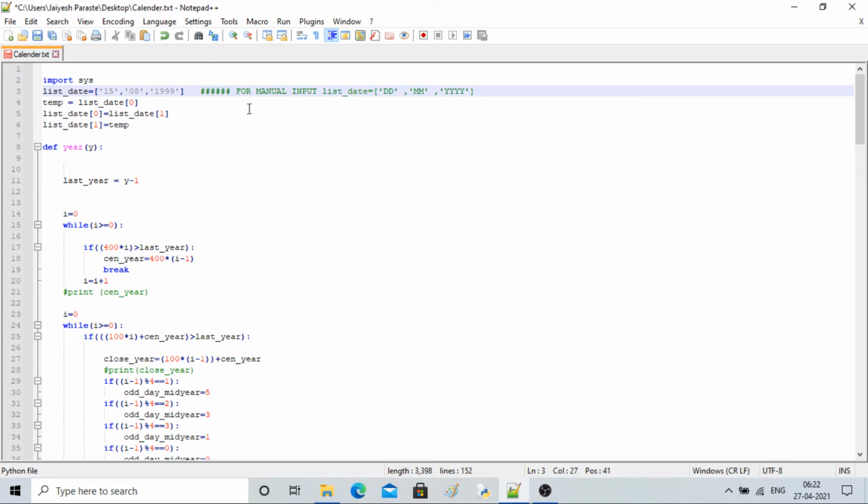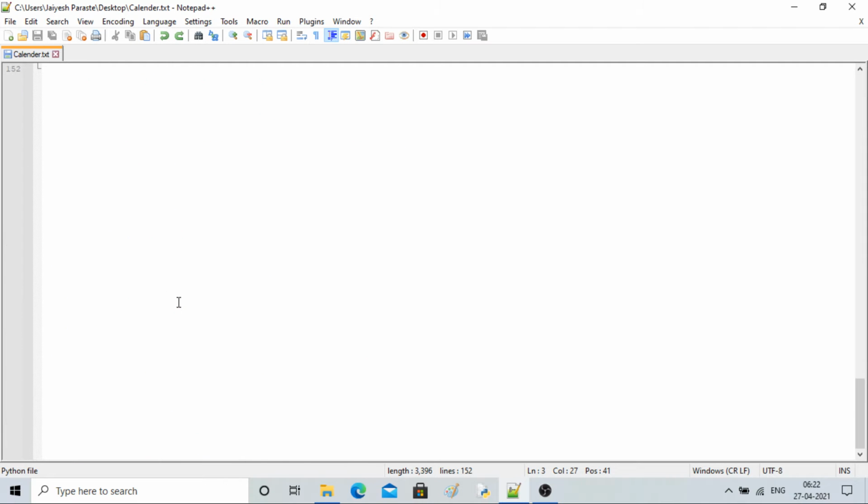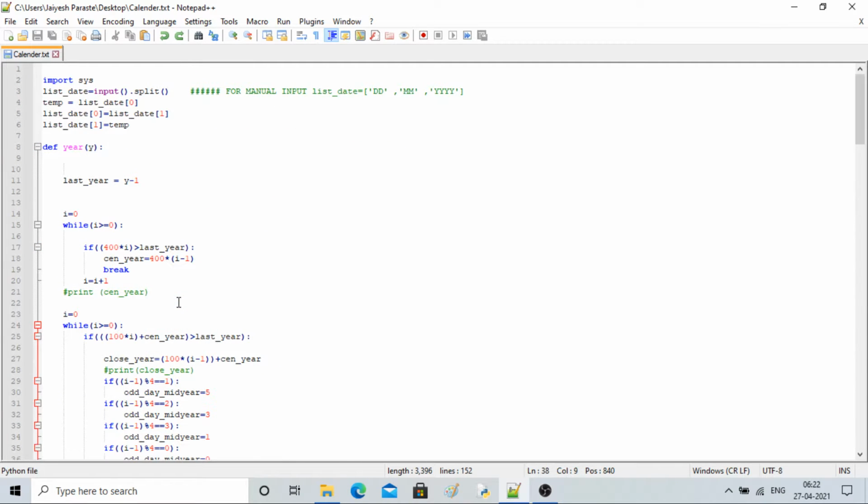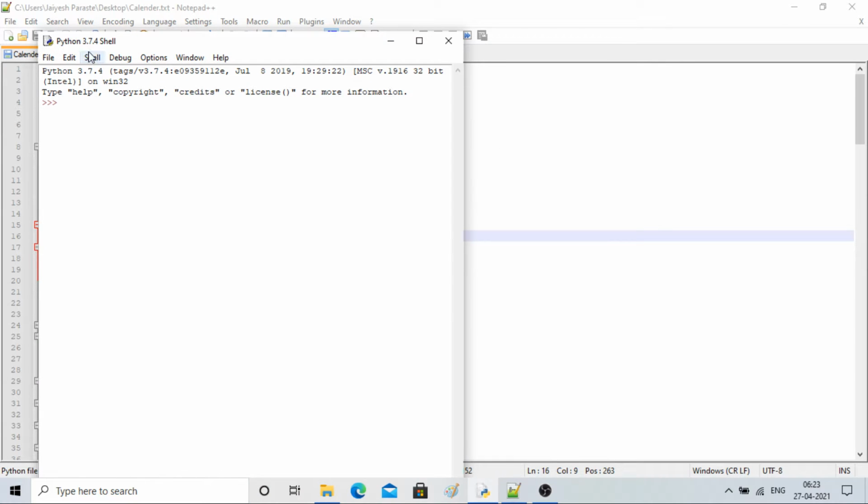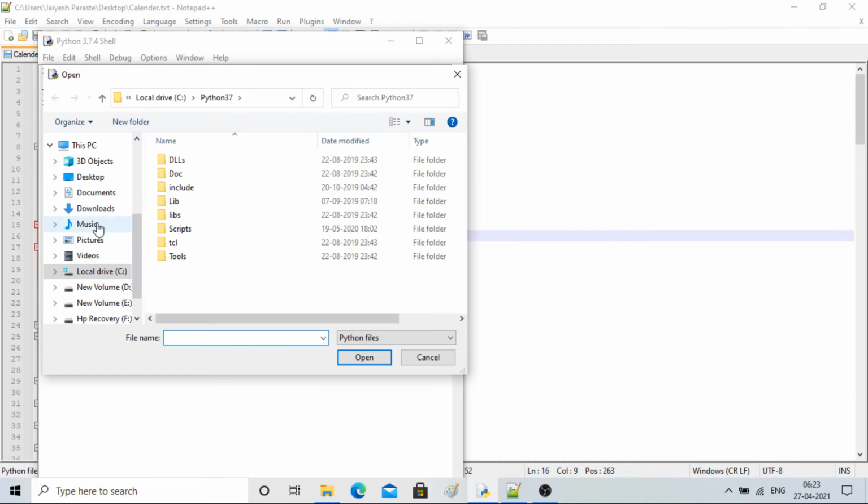Else you can also do it via the program while running it. So let me switch it back to what it was. So in input, you can play around with this. Okay, so this is something I wanted to mention, and I will show you how to run this. In running mode I will show you. So there is an IDE I have, Python shell. I'll open this file. It is available on the desktop.